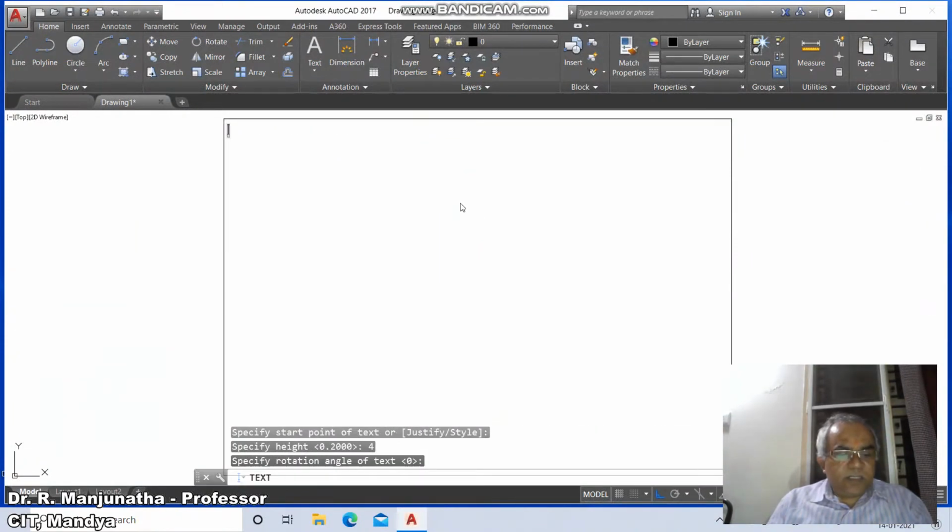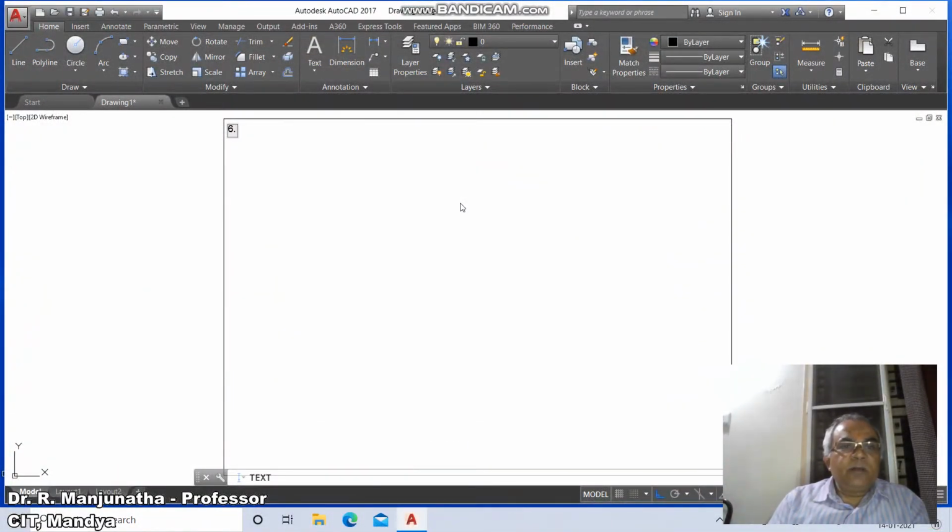Then type the sixth problem. You take 6 and give space, full stop, then give 3 space and then type the text here. A point is 35 mm below HP, 20 mm behind VP, and 25 mm behind RPP.